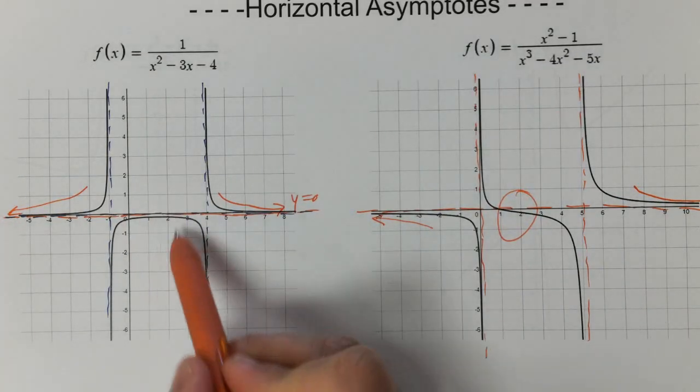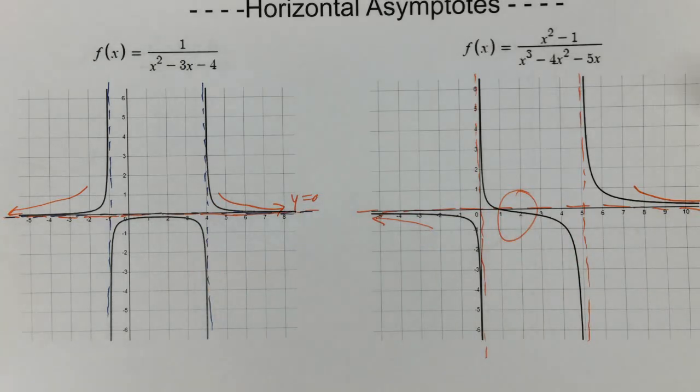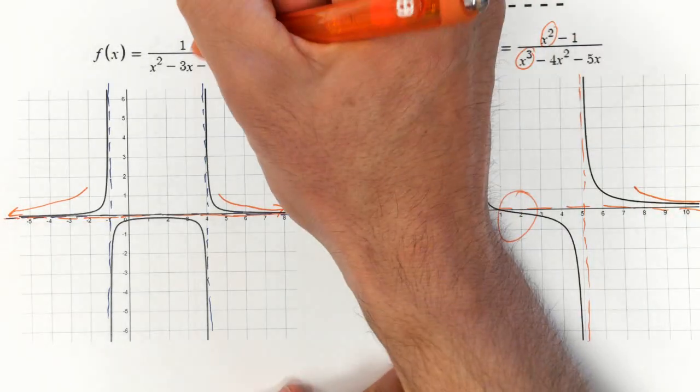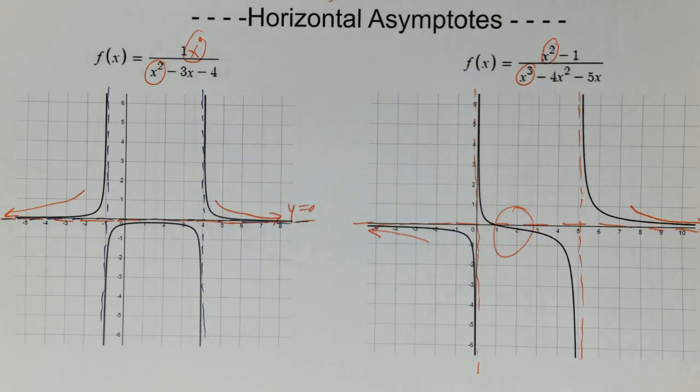The middle, it might do some funky stuff. And that can change, right? And that usually happens the more vertical asymptotes you have. When you have only one vertical asymptote, it won't cross the horizontal. It's when you have 2 or more. But notice the rule here: the top exponent is still less than the bottom exponent. There's 0 here on top, so the top is less than the bottom. And that's our second rule, right? When the top